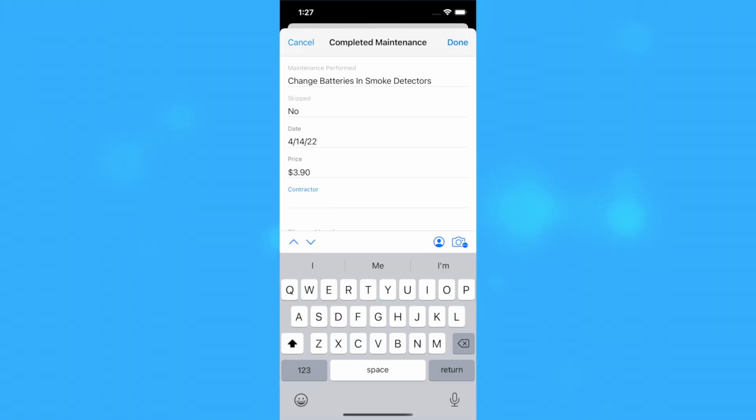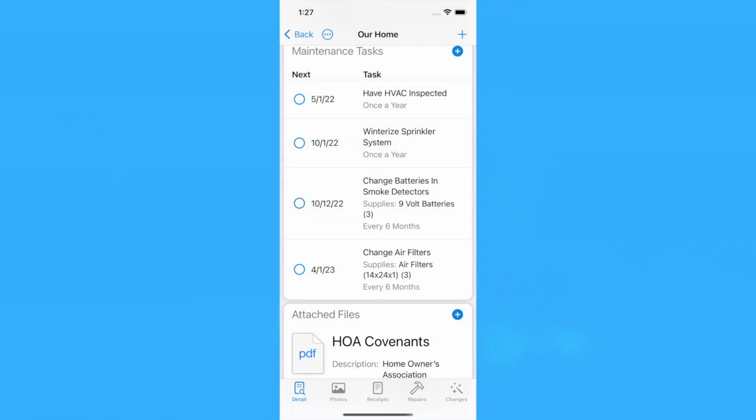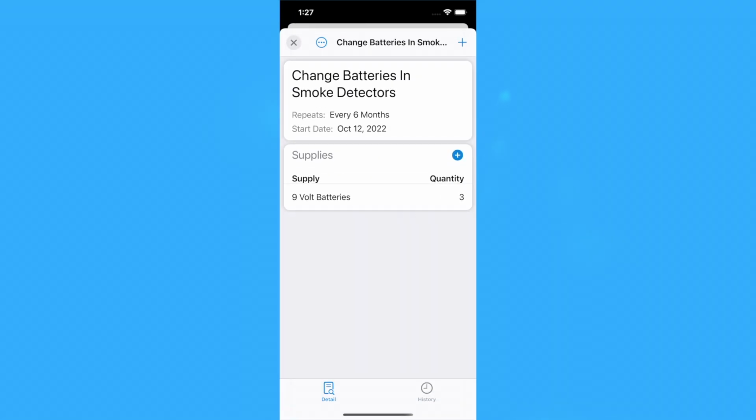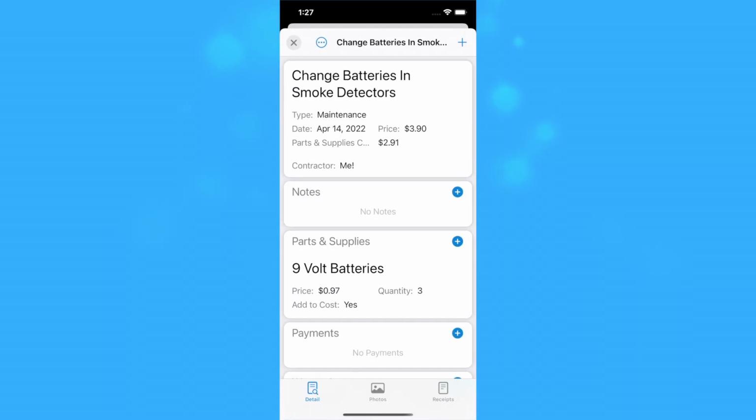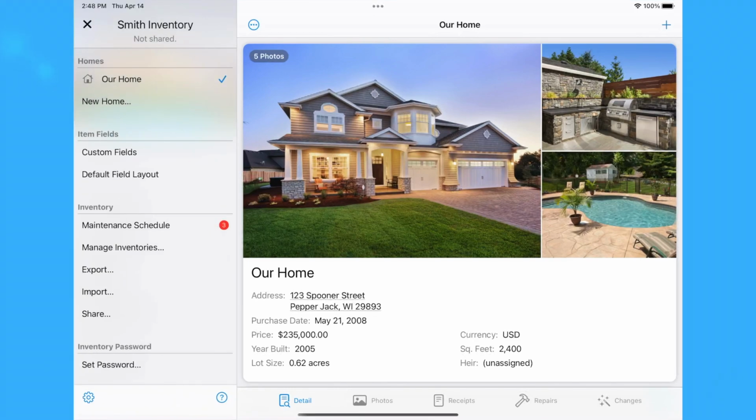You can also include any details regarding the cost of the maintenance and contractor you wish to appear in the maintenance record. Any supply usage and cost associated with a maintenance task will automatically be included in the maintenance history record. Under My Roof also has a global maintenance schedule you can view by tapping or clicking the Options button